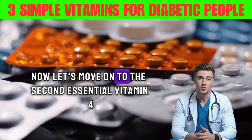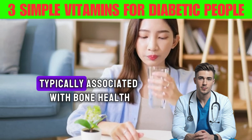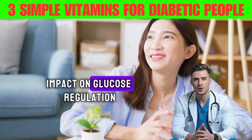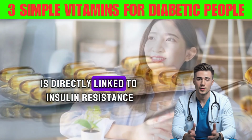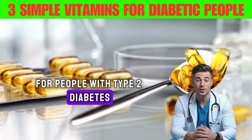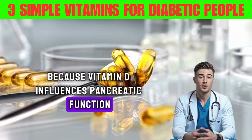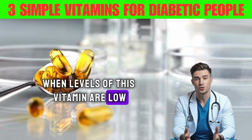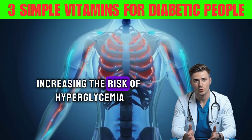Now let's move on to the second essential vitamin for diabetics, vitamin D. Typically associated with bone health, this vitamin has an even greater impact on glucose regulation. Studies show that vitamin D deficiency is directly linked to insulin resistance, one of the biggest challenges for people with type 2 diabetes. This happens because vitamin D influences pancreatic function, aiding in insulin production and release. When levels of this vitamin are low, the body struggles more to control blood sugar levels, increasing the risk of